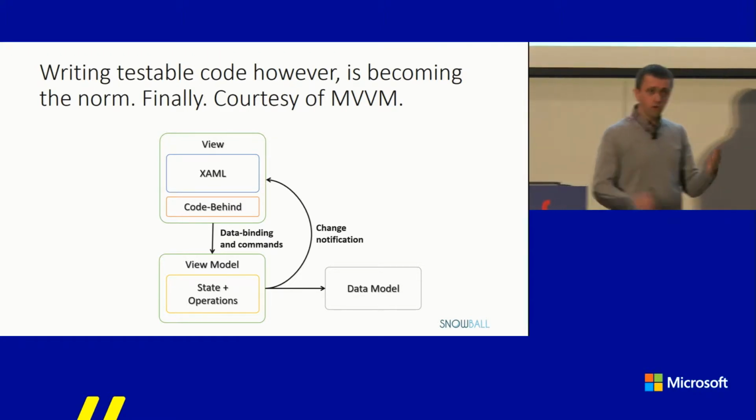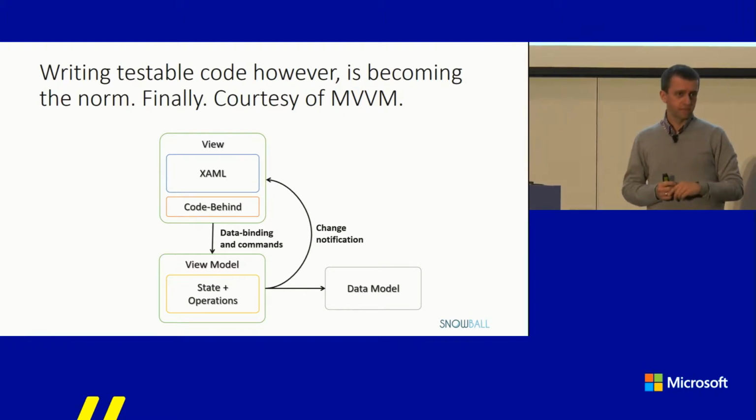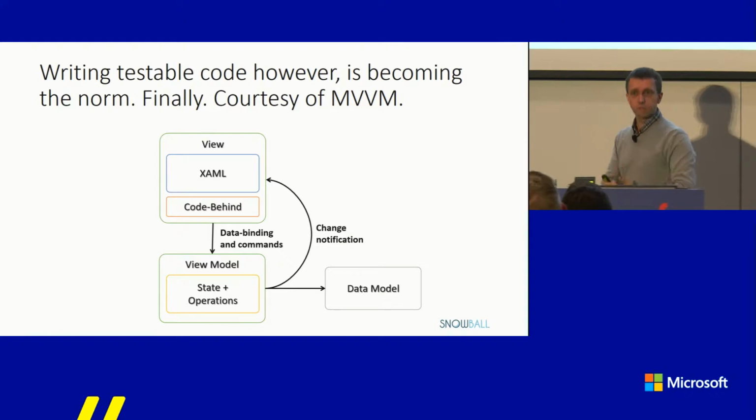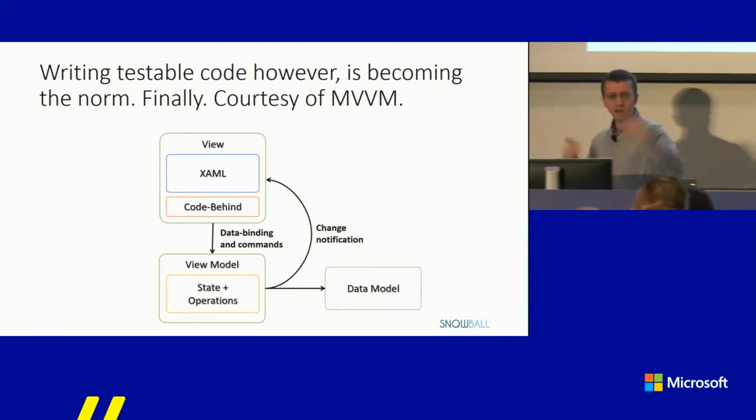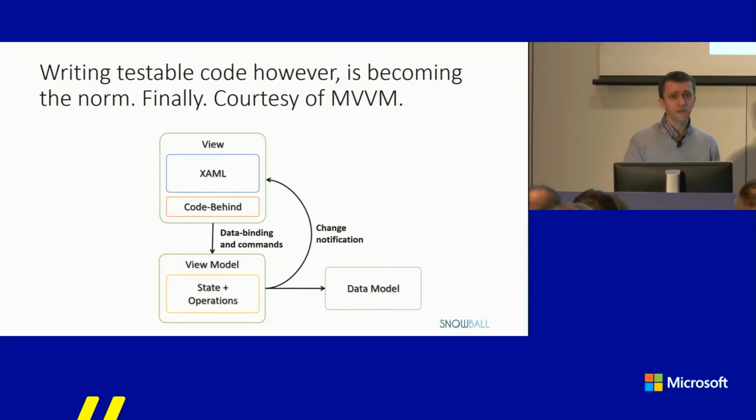the ViewModel. And the ViewModel is nothing more than a simple class that does 2 or 3 things. It exposes state, well, that's data, and operations, and that will be commands, and I'll show you that in just a second. Now, the view and the ViewModel actually need to know each other, and they're going to do that because of data